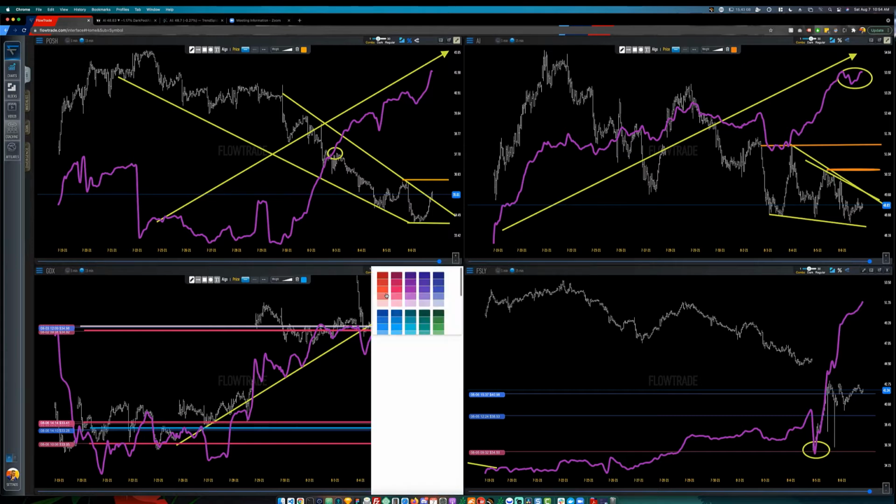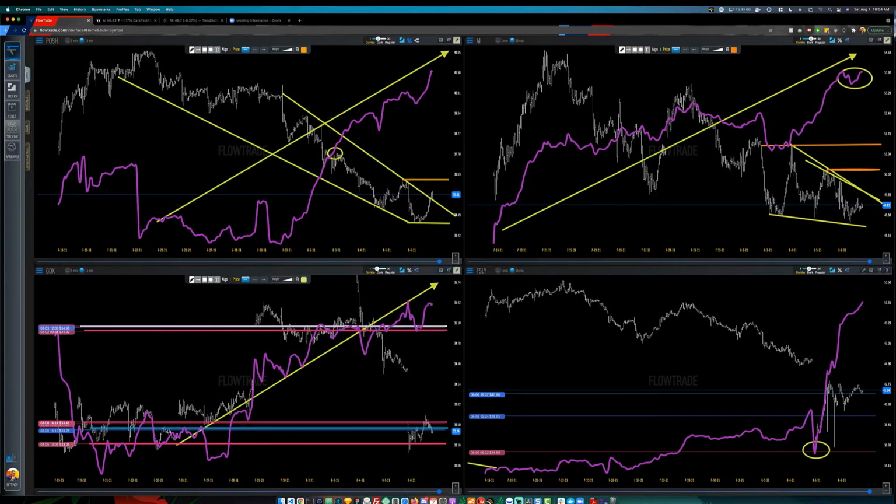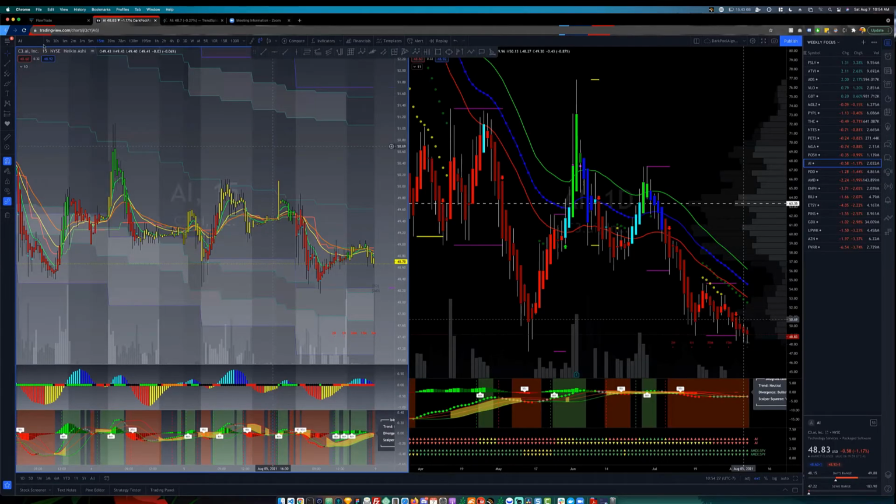But what I do like is what the algo and what price action is doing. Price action's making higher lows and higher highs, right? So, a rising wedge, the algorithm's curled up, bouncing off of block trade resistance or support and continuing to make a move to the upside. So GDX is